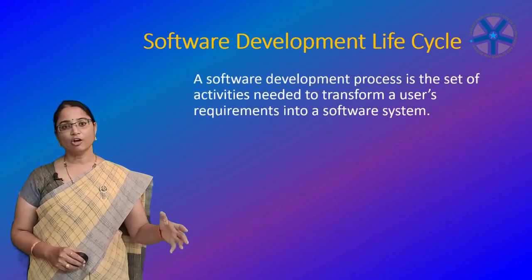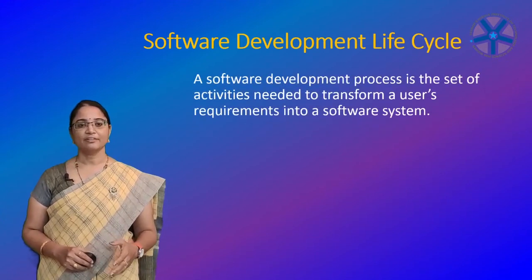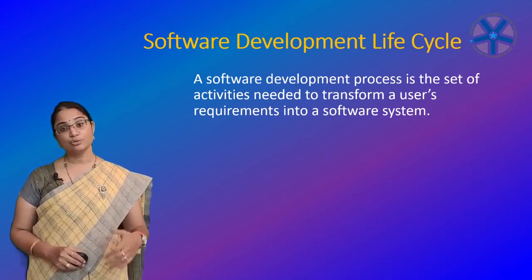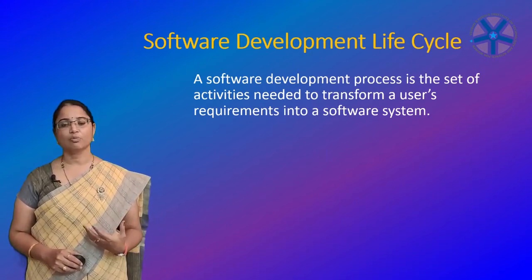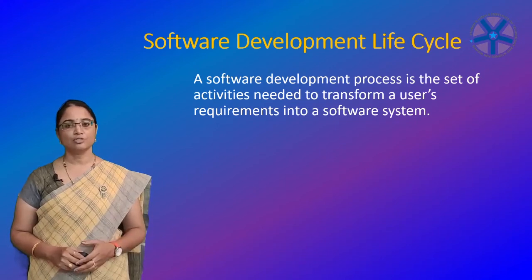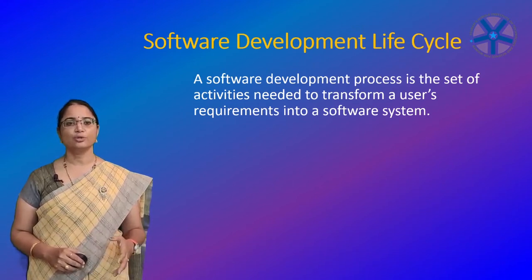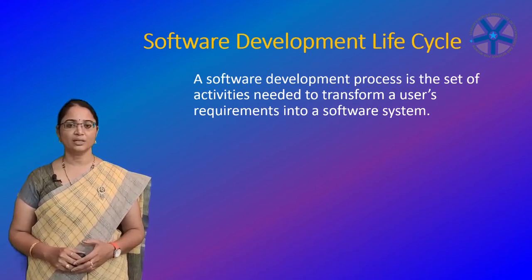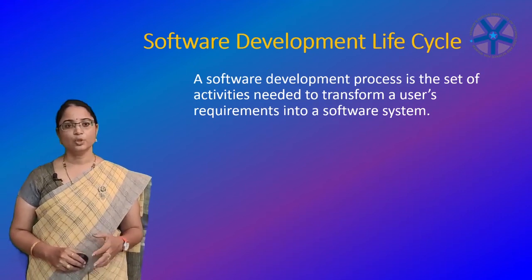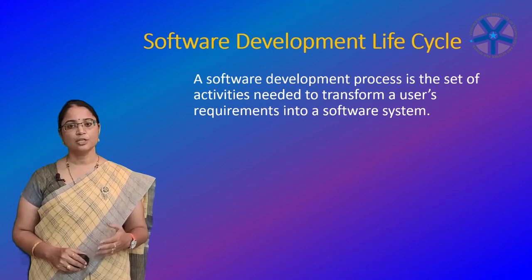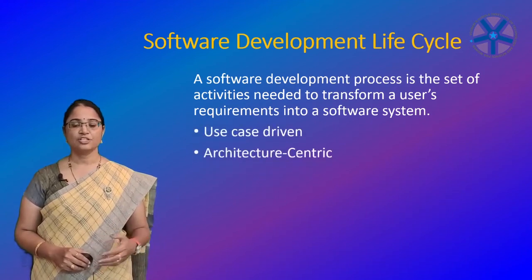Here, a software development process is a set of activities needed to transform a user's requirements into a software system. What the user requires will be converted into the software system. The UML is largely process independent, meaning that it is not tied to any particular software development life cycle. However, to get the most benefit from the UML, you should consider a process that is use case driven, architecture-centric,